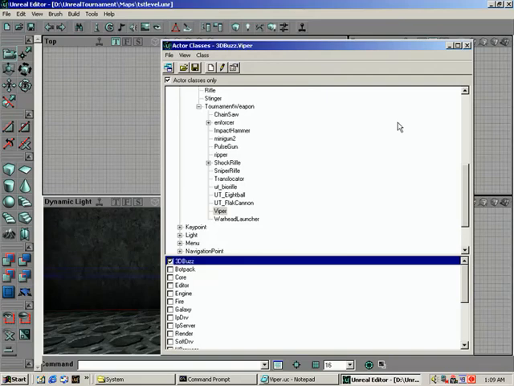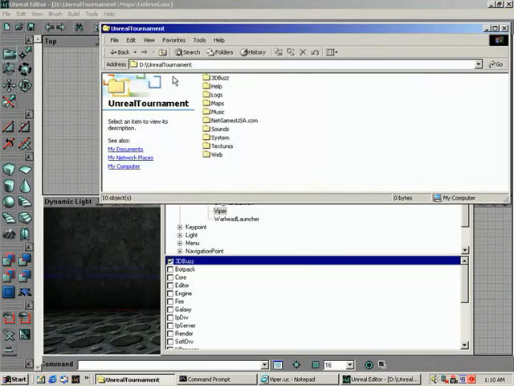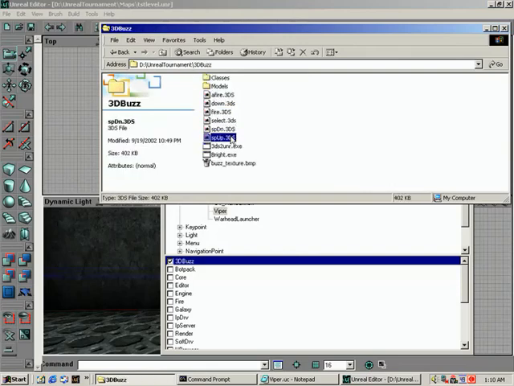Not really. It was just showing how to set up a package and then how to actually compile that into the game. So I guess as a real quick recap, since I like to do recaps when we get towards the end, basically all we did from the very beginning is we came up underneath Unreal Tournament and we created a 3D Buzz folder. We then copied all of our 3DS files over there. We then supposedly went on the internet and we got Bright from File Planet, and we got 3DS to UNR